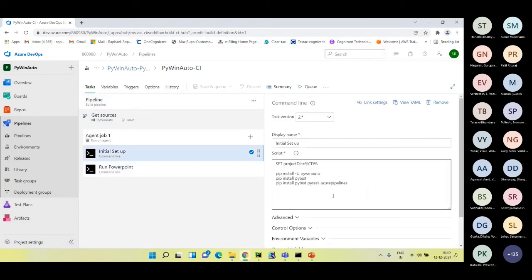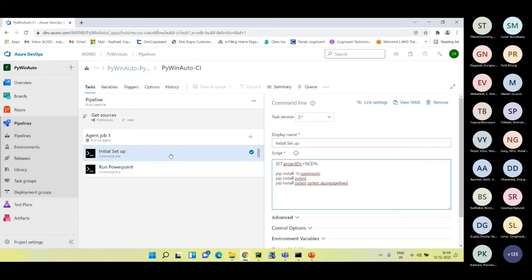In the initial setup, we have set the project directory to where our project would be, and then do a pip install of the basic modules like Pywinauto, PyTest, and PyTest Azure pipeline, so that the results are integrated with the Azure pipeline. That is a module to do that, so we need to pip install this too.